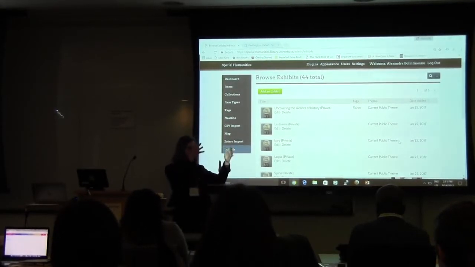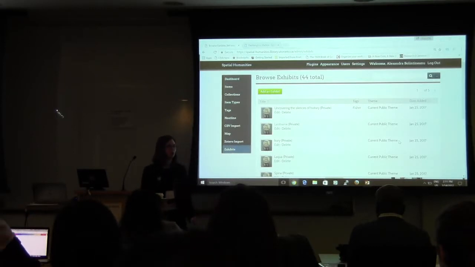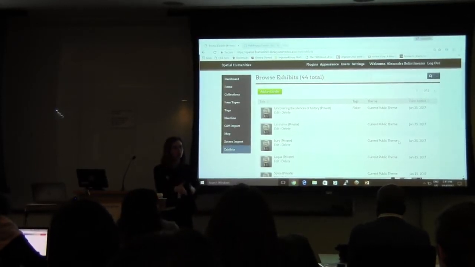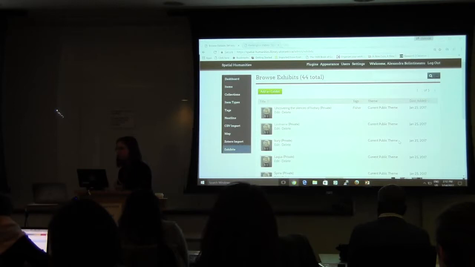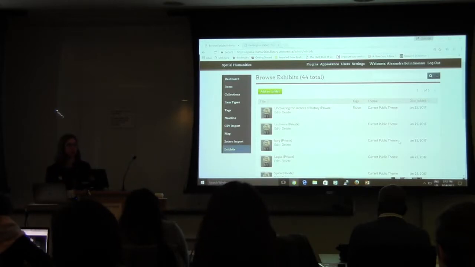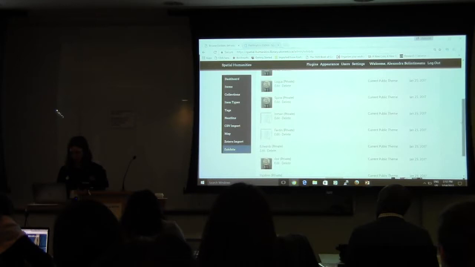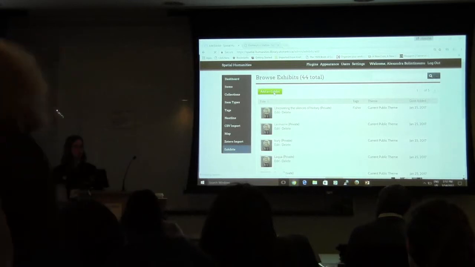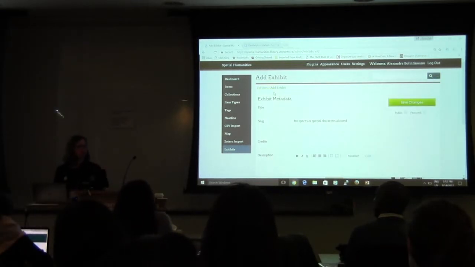You write the narrative that guides your reader through the items, and at each item, the reader, your user, your audience, can click on that image and drill down deeper into the metadata. Again, it's a way for the philosophy behind Omeka and Neatline to come to the fore, a philosophy that privileges closer, deeper reading rather than large amounts of data. So if, instead of writing about Sherlock Holmes on a map, I could write about Sherlock Holmes in this kind of an essay, I would create my exhibit,